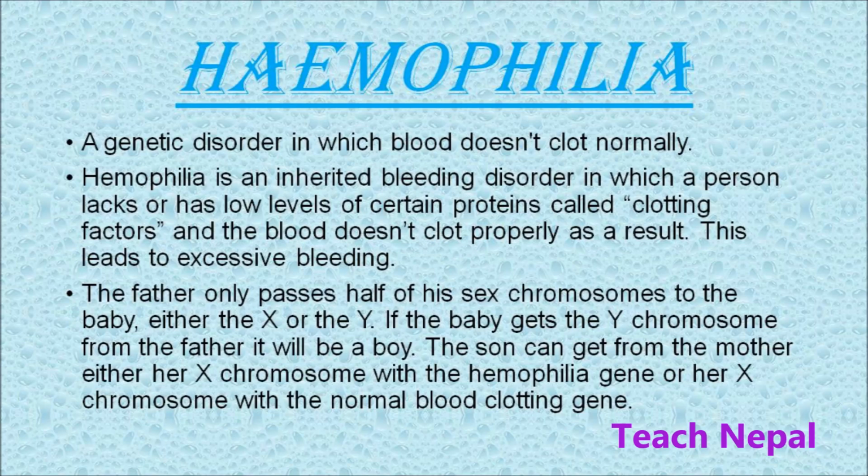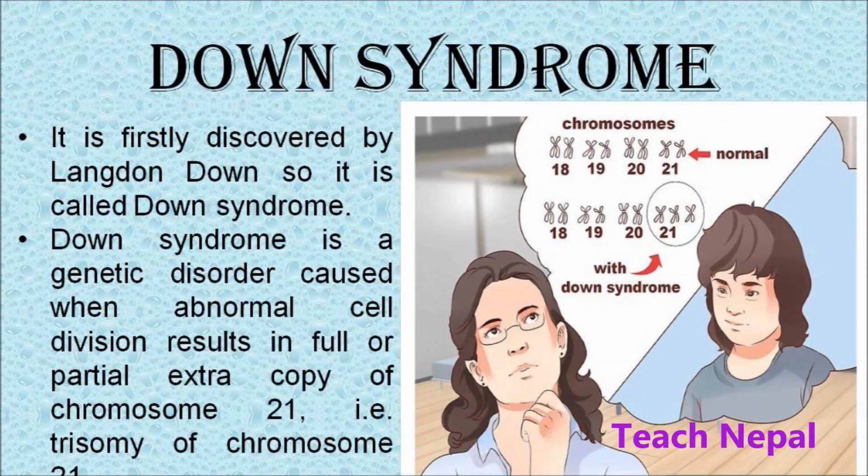Here, before chromosomal disorders, we need to discuss a genetic disease, hemophilia, which is also known as a sex-linked disease. In this, there is a symptom in which the blood doesn't clot normally. This type of disease is known as hemophilia. In hemophilia, the blood doesn't clot normally. This is generally seen in the male child. If the Y chromosome from the father fuses with the hemophilic gene of the X chromosome from the mother, then hemophilia occurs in the child.